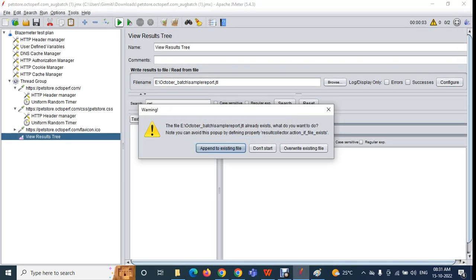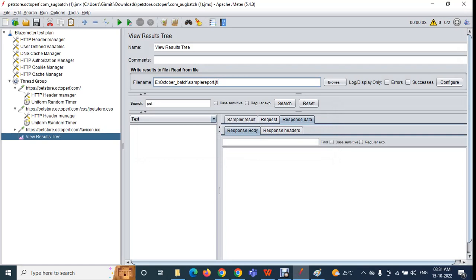Okay, so that is how this is about what we call the view results tree and all. And you can see here errors and success. So what it mean ante, if you check this checkbox errors, then you can see the logs here, like only error level log you can see. Click on the play button, you can see only errors. Errors మాత్రమే వస్తాయి.